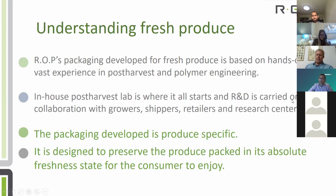In order to do that, you have to understand fresh produce. ROP develops packaging based on hands-on, vast experience in post-harvest and polymer engineering. The two work together. It all starts in the post-harvest lab, where we test our films on various products. And then we continue working with growers, shippers, retailers, and research centers. You come with a solution and you have to find the right person along the logistics chain who will appreciate the benefit that you bring and will see it as a value for them or as a differentiator between them and the crowd. The packaging developed is produce specific, meaning no bag, there is